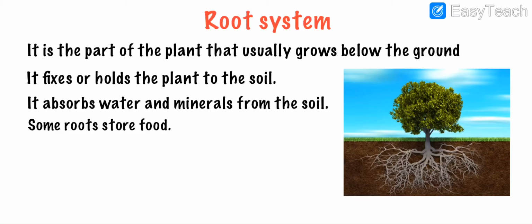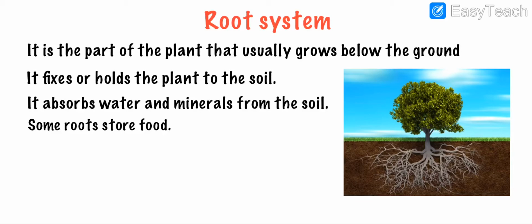Now children, have you ever tried pulling grass from the soil? You will find that it is not that easy. You have to pull it hard or apply some force. And why is it like that? Because the root holds the soil so as to prevent the plant from falling. So the root holds the plant firmly in the soil. Otherwise, the plant may fall because of wind, or if someone pushes it. So it is the function of the root to hold the plant.